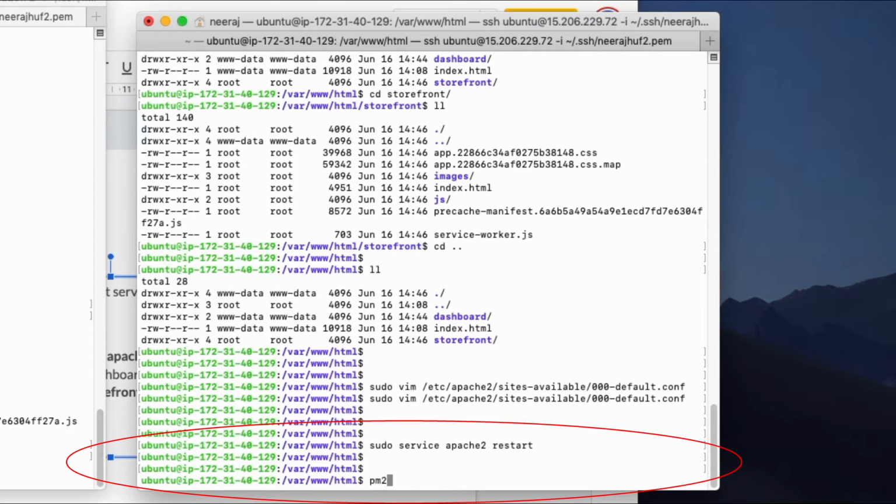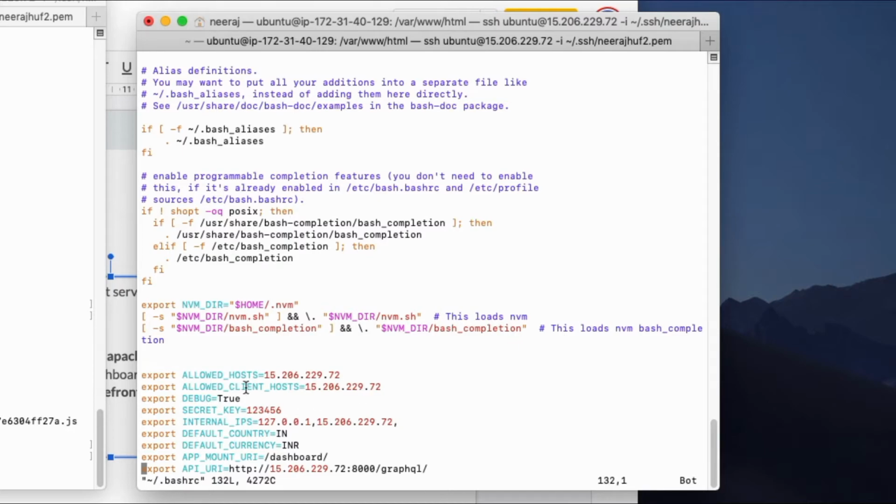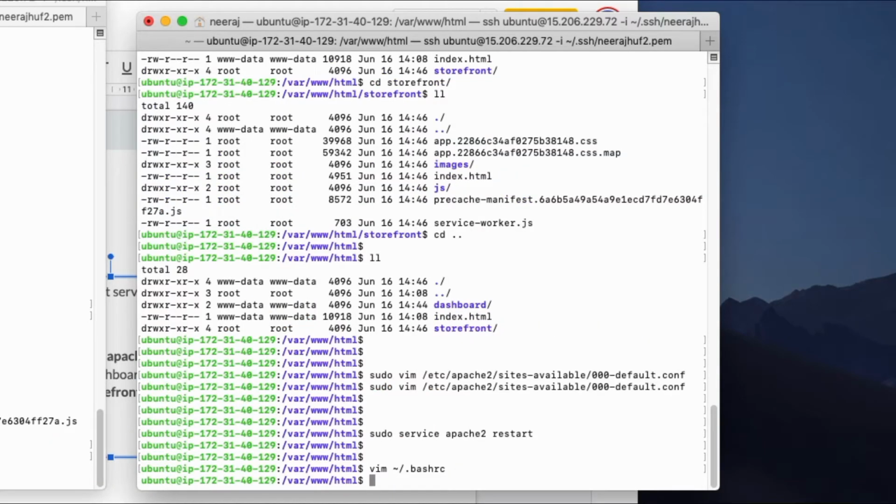Also, I need to make sure that when I run a build, my API URL is still pointing to port 8000, and I have not set up Saleor core on Apache yet.